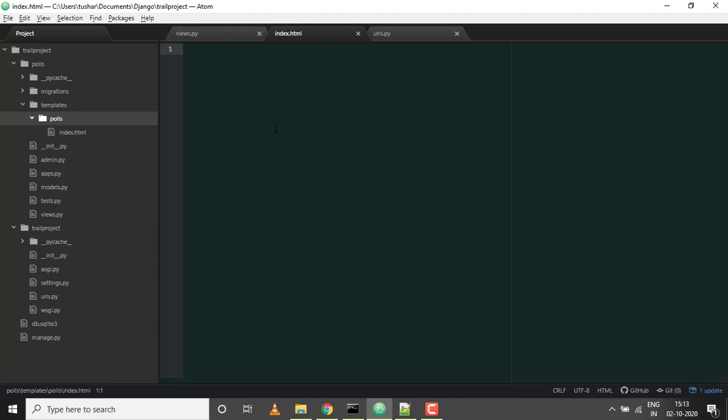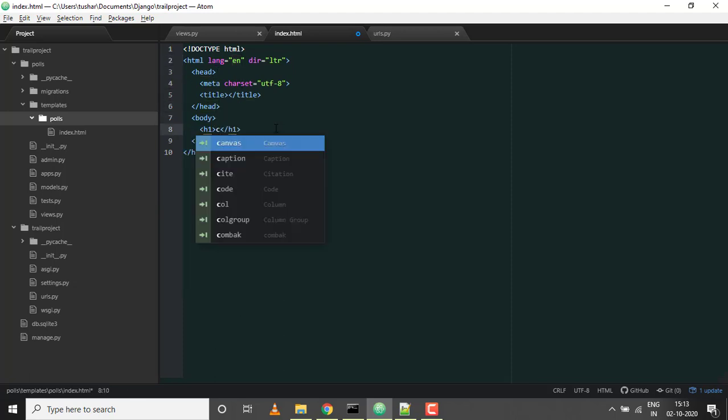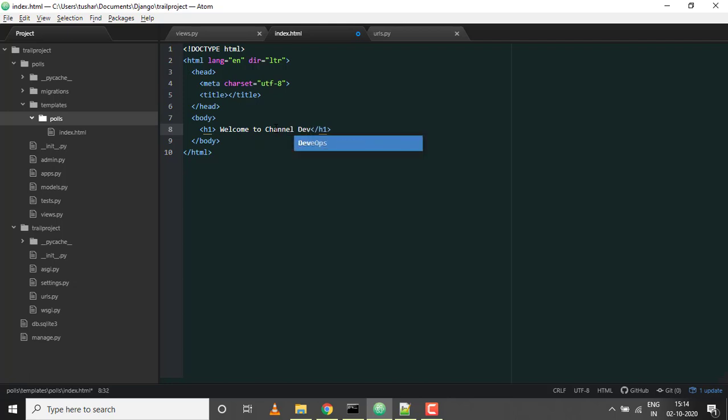Okay, so this is my HTML page. Let's have something very simple: a first header, welcome to channel DevOps Mela. A very simple page. The only thing we are checking is that we are keeping things separate, so I'm not including this content in my views.py, which was absolutely wrong. That's why I've created it separately.